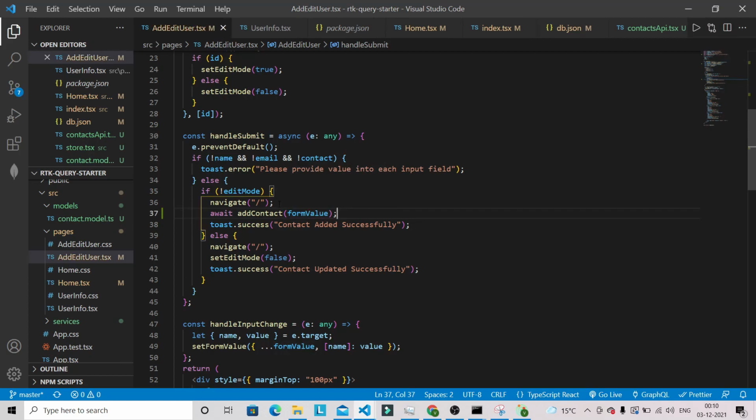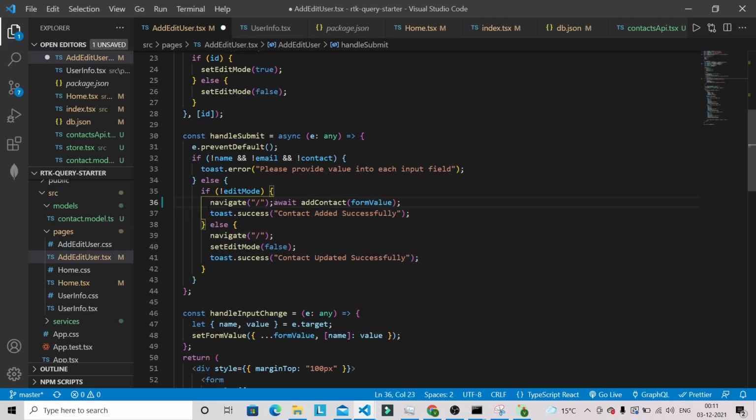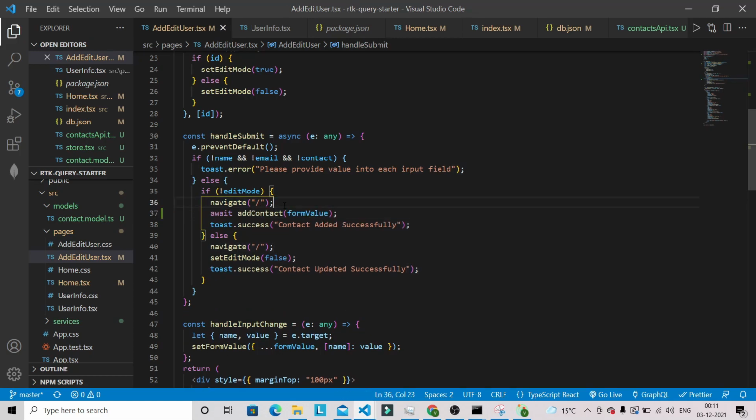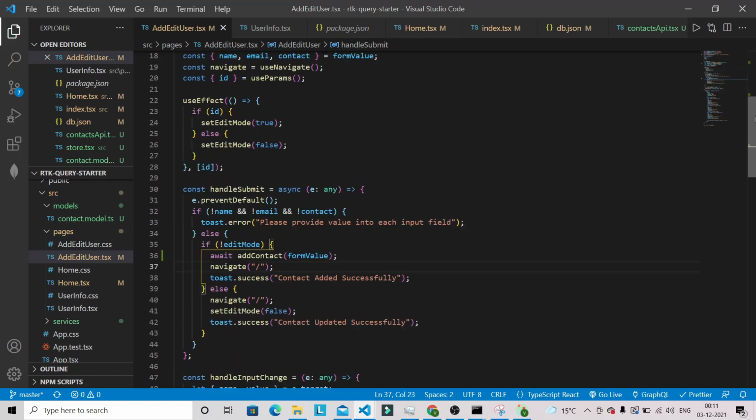Once we add the contact, I wanted to navigate towards the home page. So let's just cut this one and paste it after this line. With the updated React Router DOM, we are not going to use useHistory.